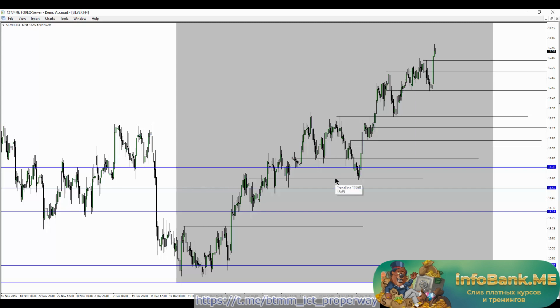The daily. Look at the reaction here. Remember those little hyphenated lines? They're not elongated horizontal lines I'm showing you here with the blue lines. The blue lines I'm highlighting, they're 4 hour. These little hyphenated or shortened trend lines, okay, they're the daily bullish order blocks or down candles at the highs or their openings. Look how price trades down through the bullish order block that would be seen on the 4